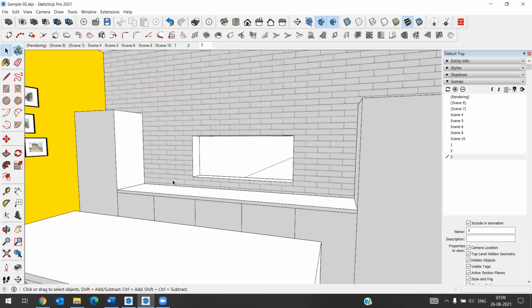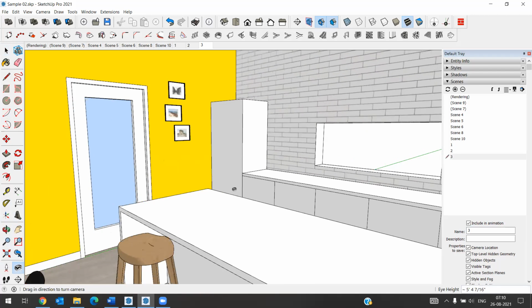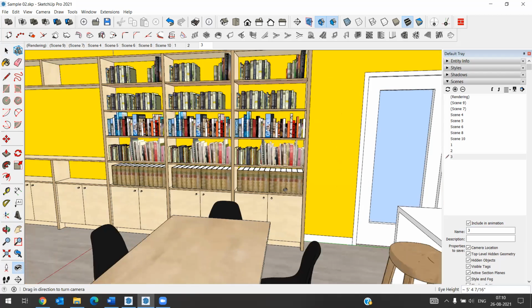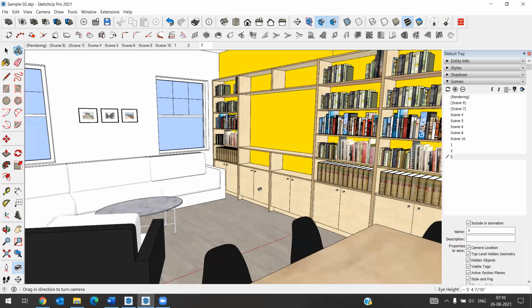Next, I will look back. Don't use scroll button to zoom in or zoom out while making animation. You just use this look around symbol and hand tool.